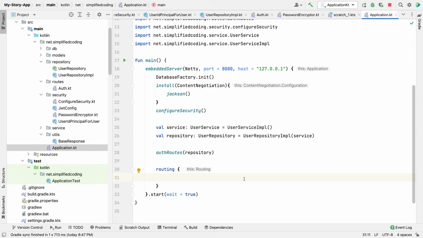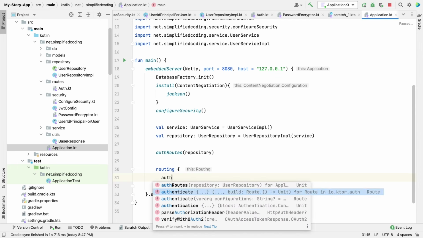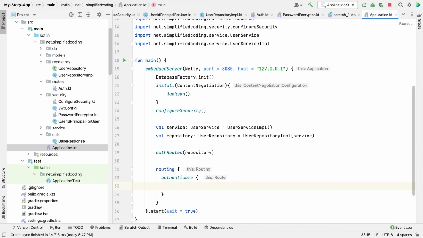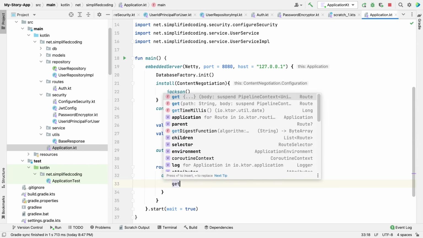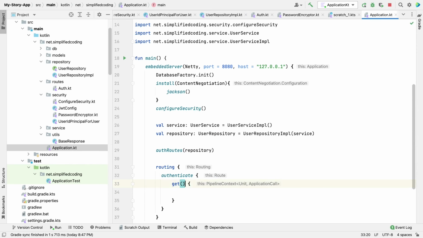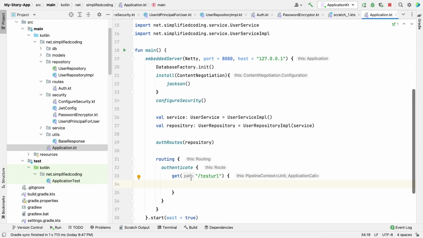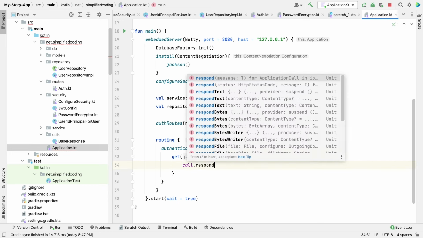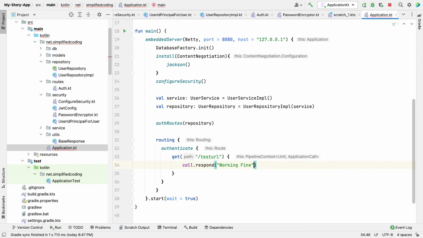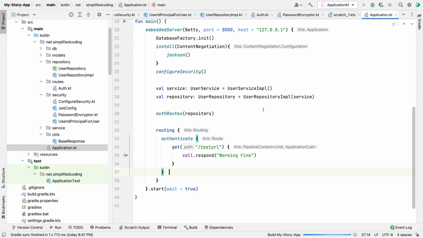So let's say we have routing, and for all the URLs that you want to be authenticated using an authentication token, you can write them inside this function, that is authenticate. Now inside authenticate, if I define a get, let's say I have a get test URL, and I will write call.respond "working fine", just for the example. Now if I run the application again,